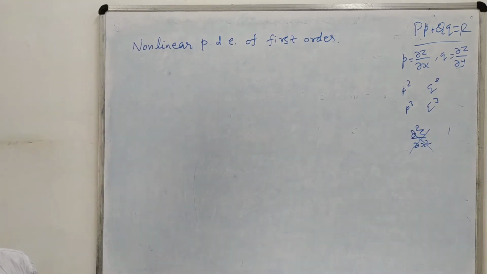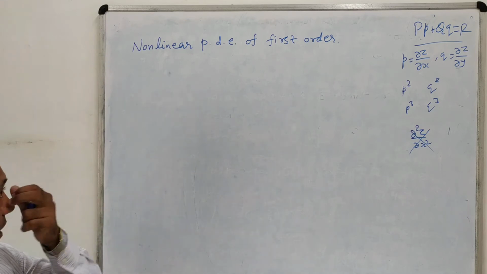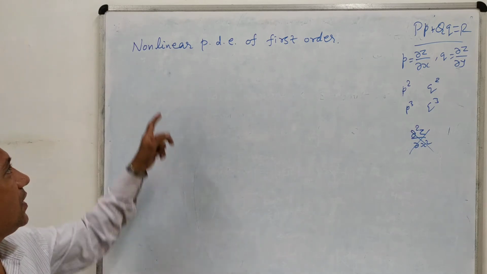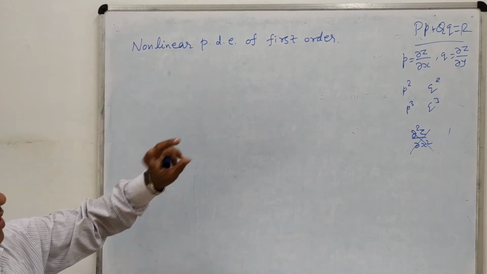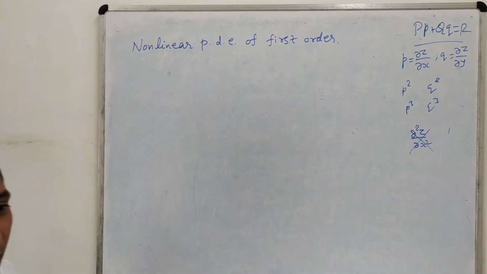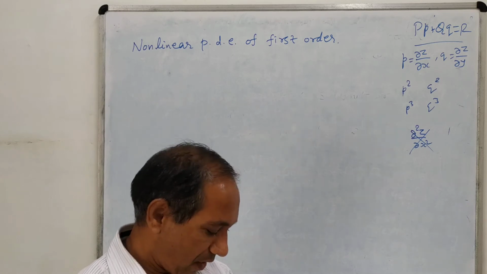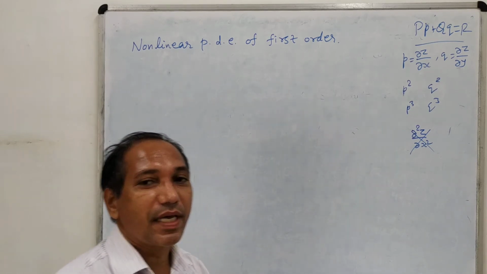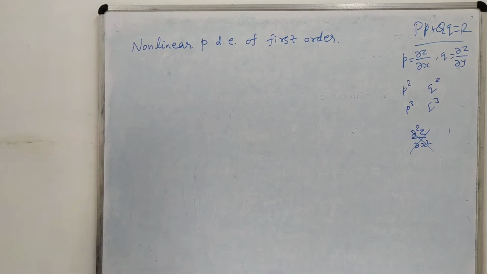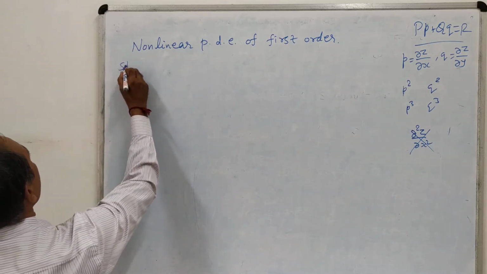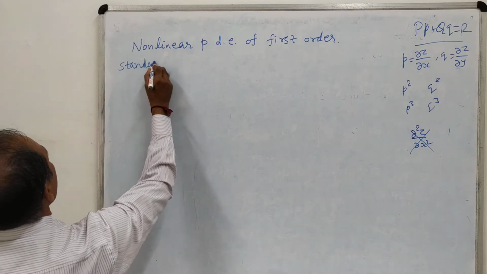Okay, so here to solve this kind of equations, we have categorized nonlinear partial differential equations of first order into 4 different forms. And as per the forms of partial differential equations, we can have different techniques to solve them. So first of all, you will require to identify the type of the equation. And this we are calling as standard forms. So first, the standard form